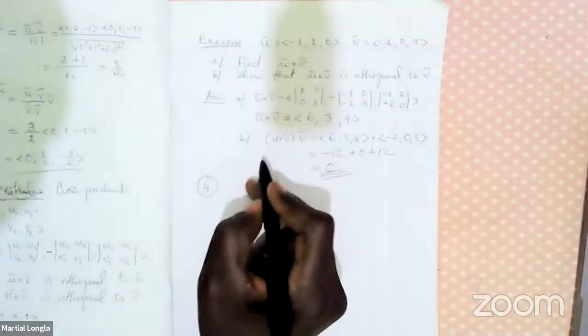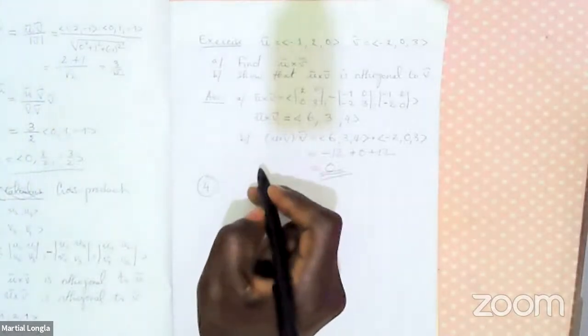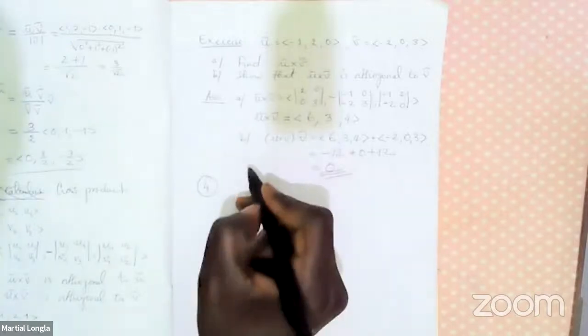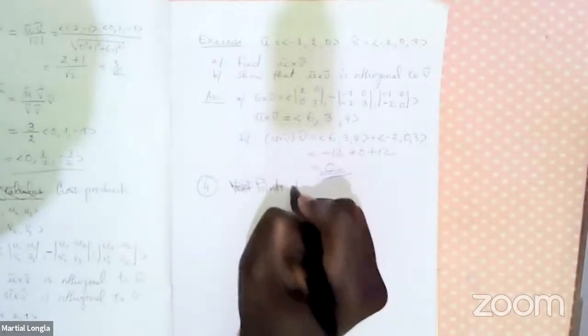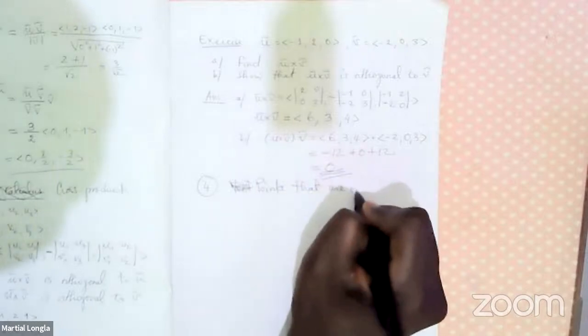Now, the third and fourth parts of this lecture are about points, vectors, and points that are on the same line, or we say collinear. So if you have 3 points that are on the same line,